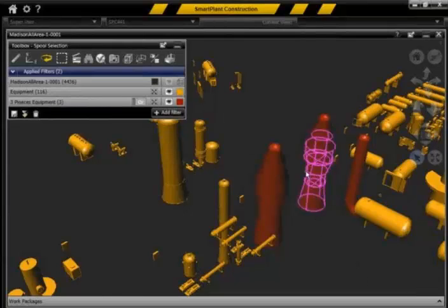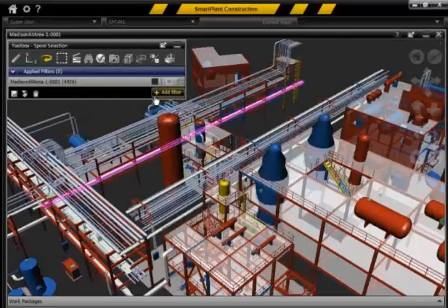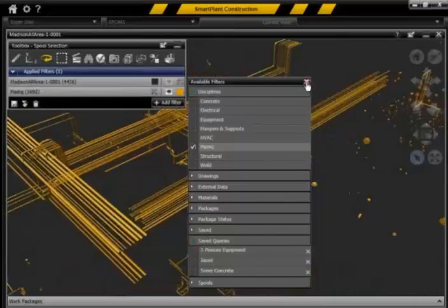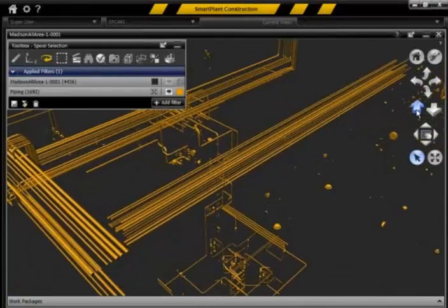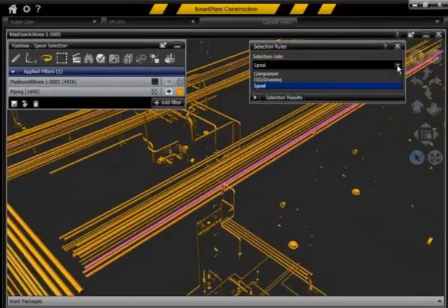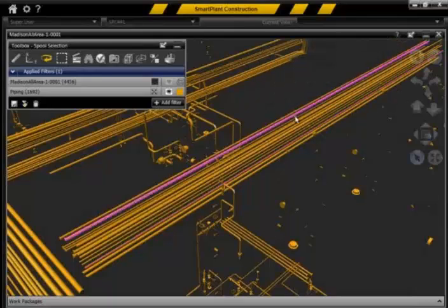Now, these are applied in conjunction with selection rules. So if I wanted to apply a piping filter, for instance, on top of this, and then apply a selection rule, let's say, go to my selection rule and open a selection rule, and it could be at the component level, it could be at the spool level, or whatever it may be, but I can say, let's apply it at the spool level